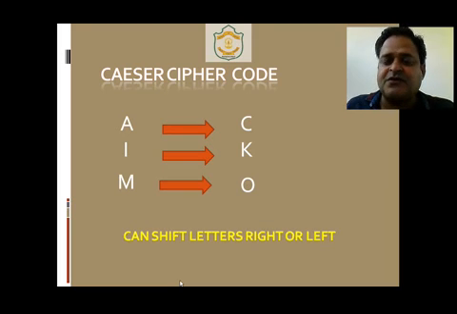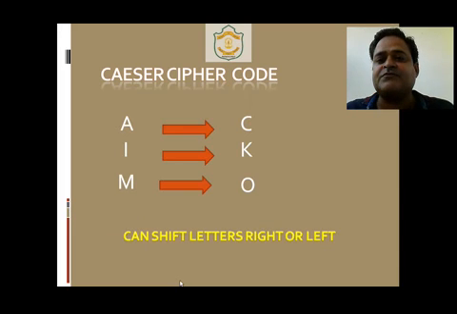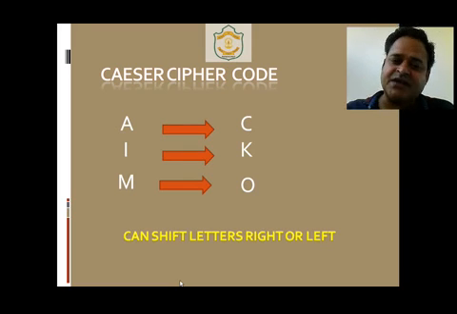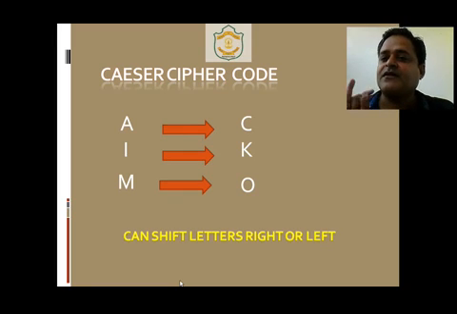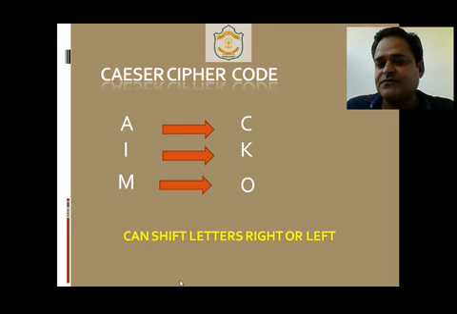You can write it on a piece of paper and then you can check it. Similarly, I. Skipping one letter means, what comes after I? J. Then what is the second letter? K. So here again we used the second letter. Similarly for M, skip one letter after M, what comes? N. So skip that. Now the second letter is O. So here we have used the second alphabet. You can use third also, fourth also, and you can have your own encoded Caesar cipher code.